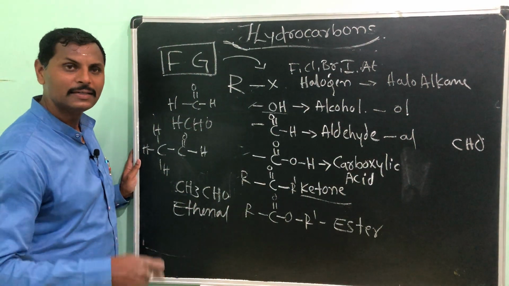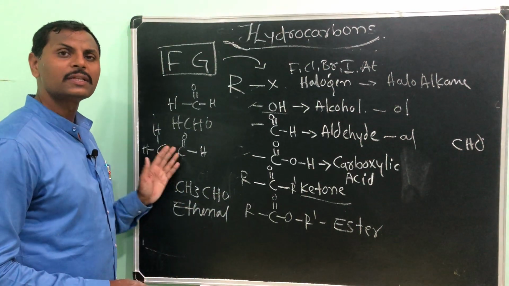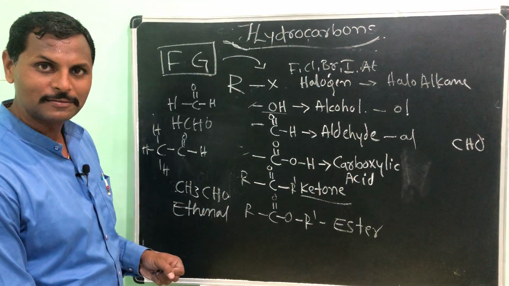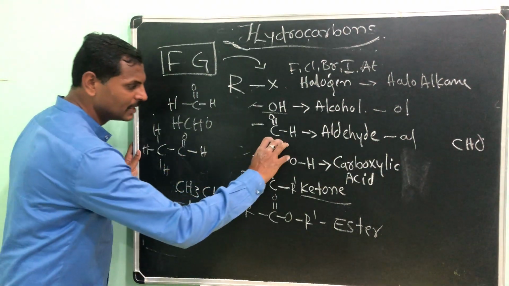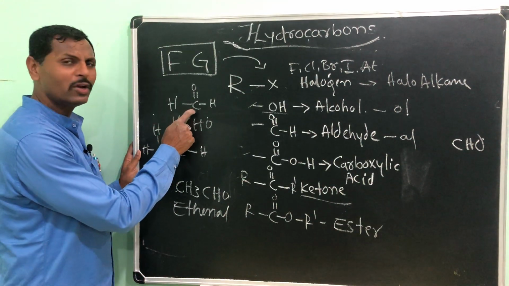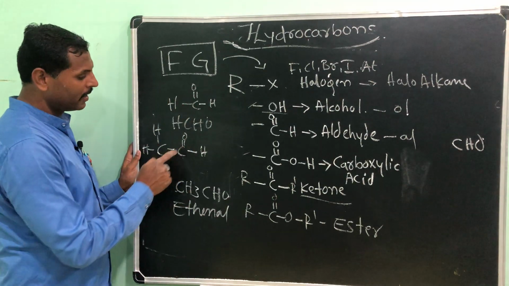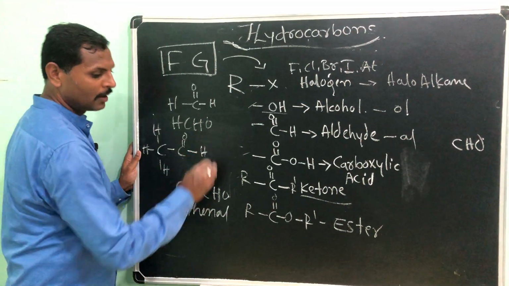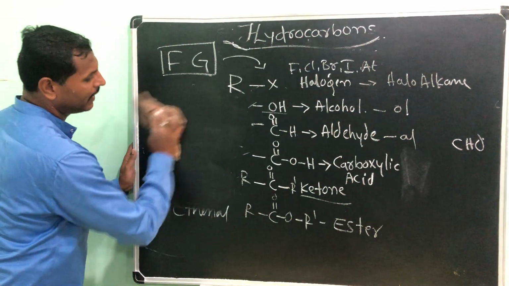Like that, you can continue by taking 3 carbon, 4 carbon, propyldehyde or propanol, butanol, like this. Getting my point? And please count the carbon present in this one also. For the naming purpose, suppose here only one carbon is there, I start the name with methanol. Here 2 carbons are there, ethanol. Like that, if I write,